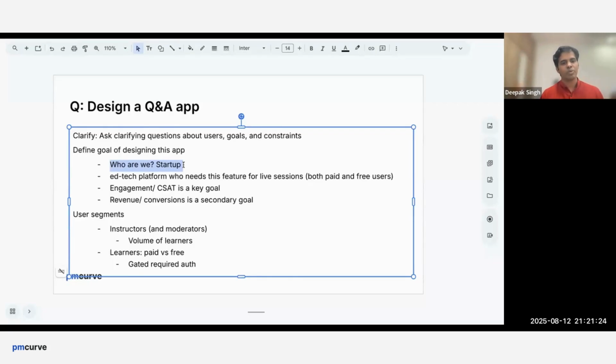We are an edtech platform that needs this feature for live sessions, right? And in these live sessions, we get both paid and free users, so we want the feature for both. The goal from that perspective is engagement or CSAT, because a startup is looking to make its PMF stronger, or looking for traction or revenue, right? So it could be engagement and CSAT, which is a predictor of PMF, or revenue or conversion, which is a predictor of people's propensity to pay and whether it is actually leading to the business goal, which is